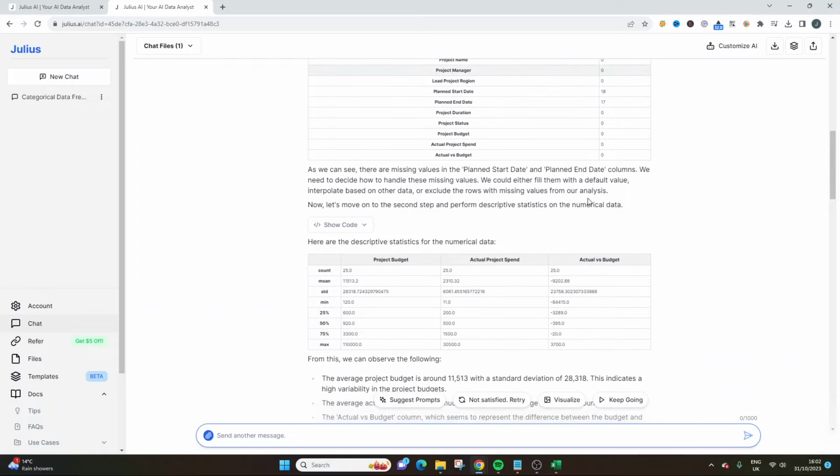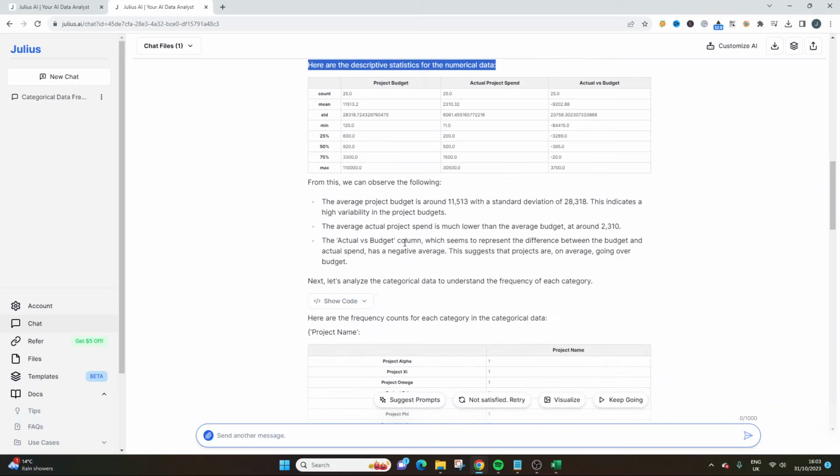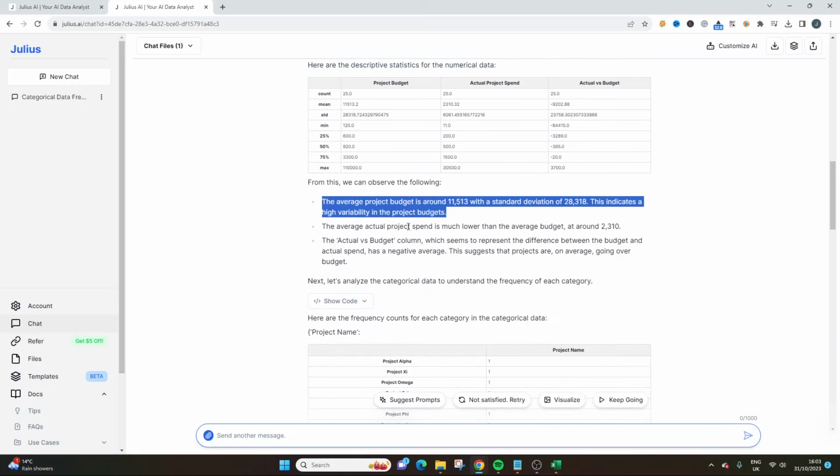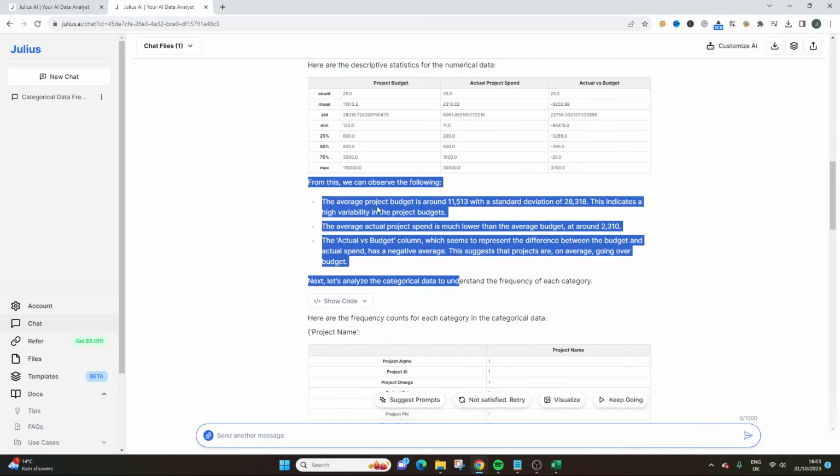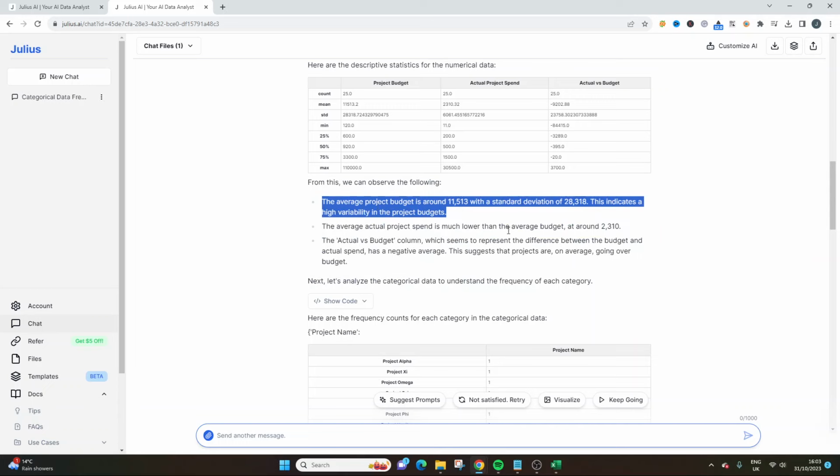Okay, it's telling me that some things are missing here. Here are the descriptive statistics for numerical data. Again, the average project budget is, so this is where it's good, okay? The average project budget is around 11,513